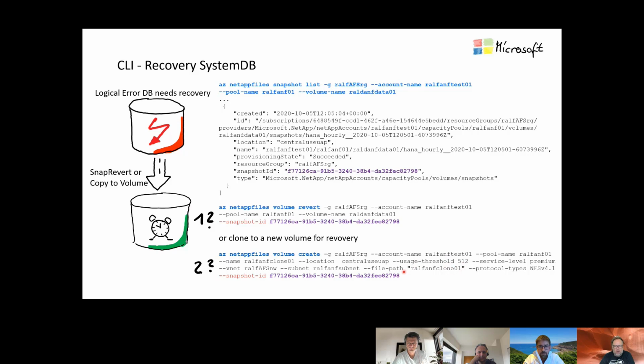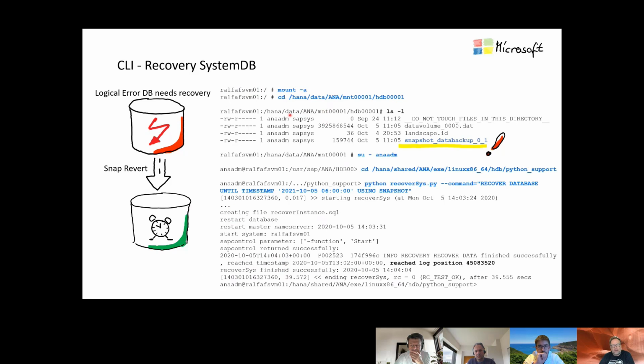So therefore you can do a permanent change in the fstab, and remove the old data volume and here set up the new volume as a permanent data file location. Once you have done this, mount this new data volume, and remember last week we talked about that snapshot data backup file. This is your reference point for the restore of the database.